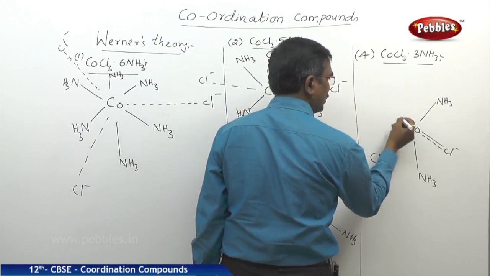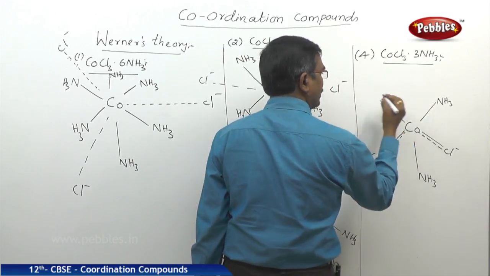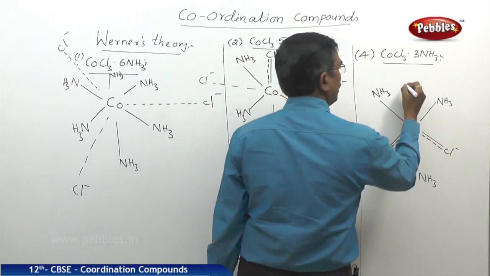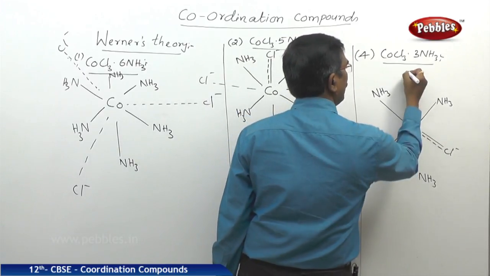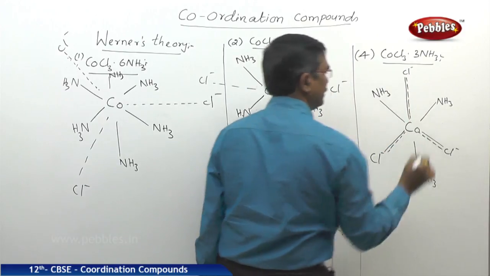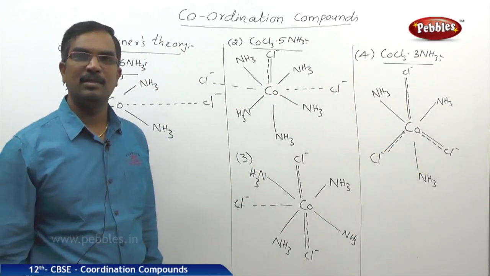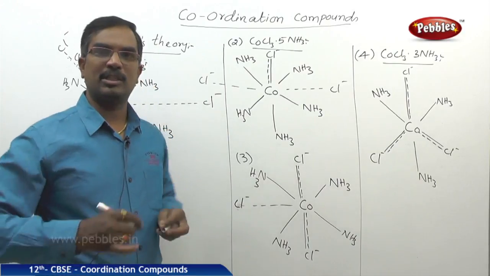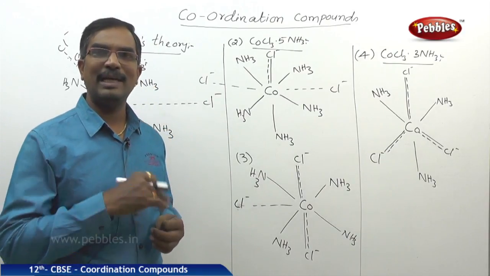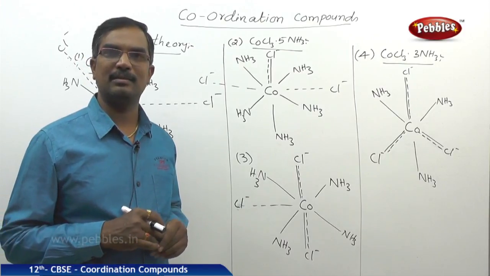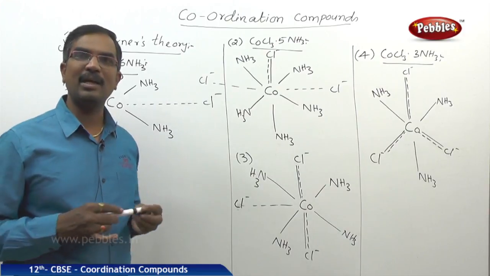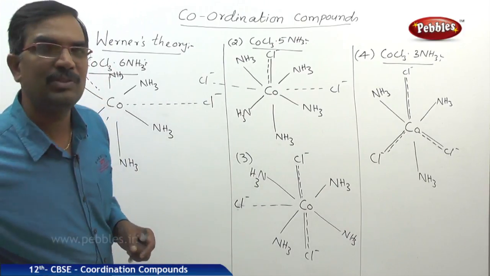Again, ammonia will satisfy only the secondary valency, while chloride can show both primary as well as secondary valencies. This is how we can show the corresponding complexes with respect to Werner's theory. Okay, and apart from this, when we write the corresponding complexes, if we take the first case here,